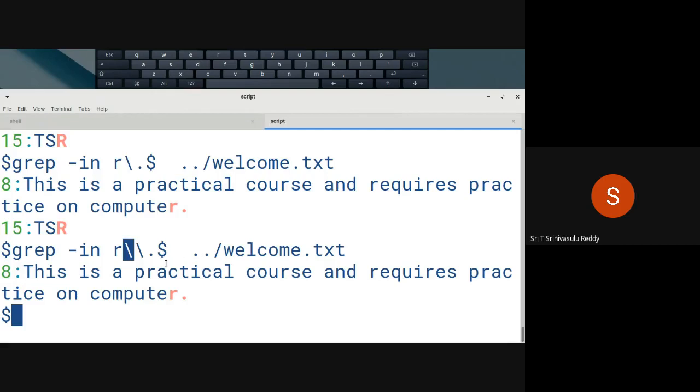Right? So one reverse slash is okay. Reverse slash dot. The shell also has the same feature. You can escape by using the reverse slash. So when you give reverse slash dot in the shell context, it actually sends only a single dot, a dot as it is.